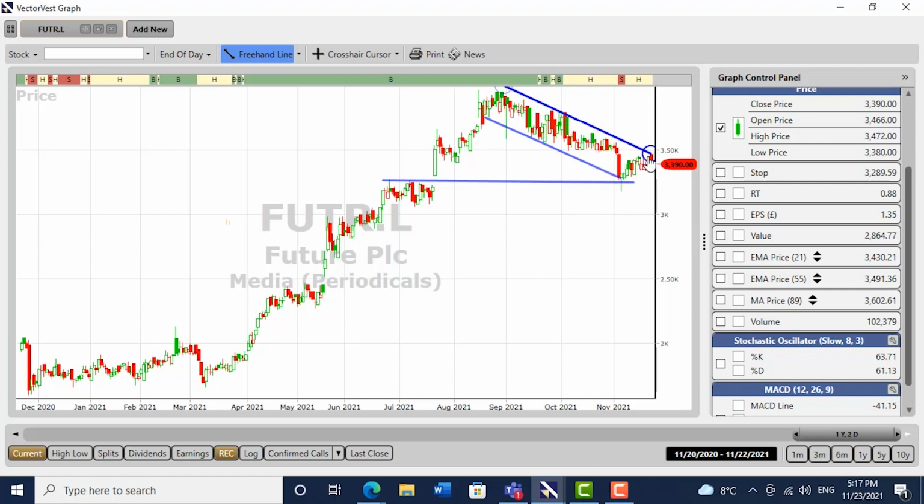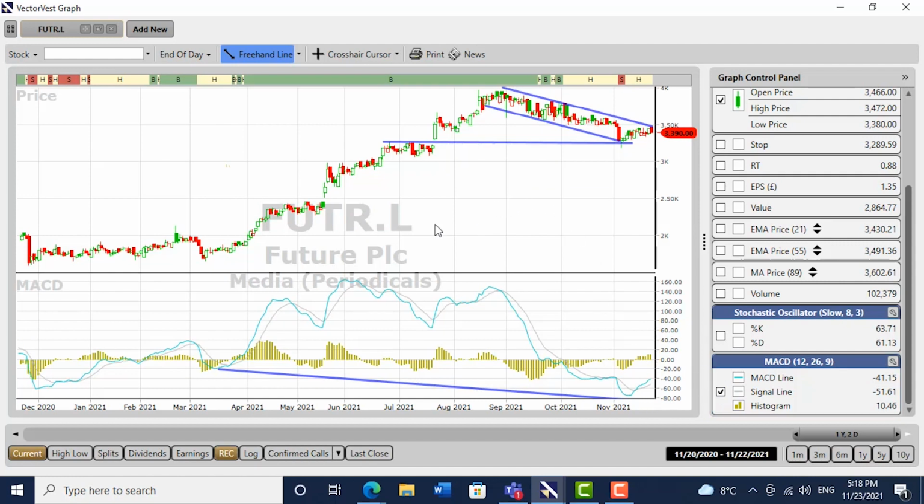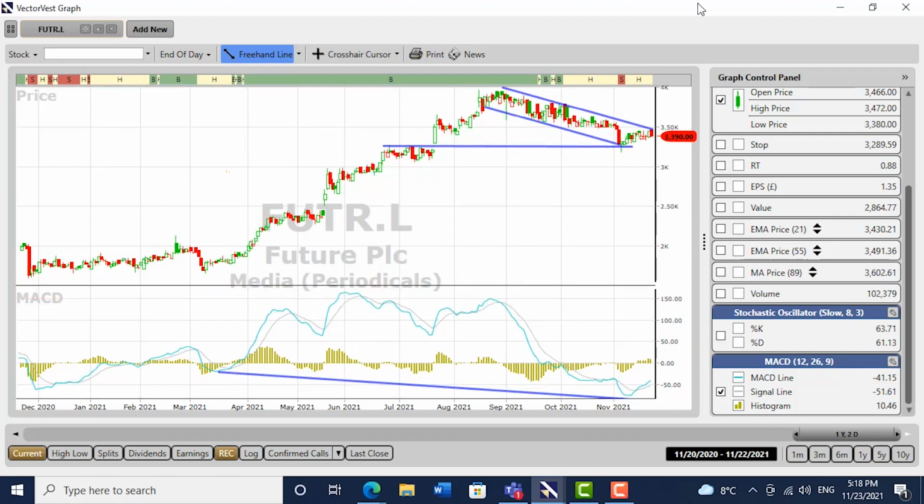Although it came off that trend line yesterday, and clearly short-term traders bought it down around the low, and they used the trend line as a first target. So it came off a little bit there. What is of interest is the MACD, because if we put the MACD on here, from this low up to here, clearly we're making a rising bottom, but the MACD is making a falling bottom, and it's already crossed over. And that's what's called reverse divergence, and that is a really good leading indicator of a resumption of the trend. It's still too early yet,